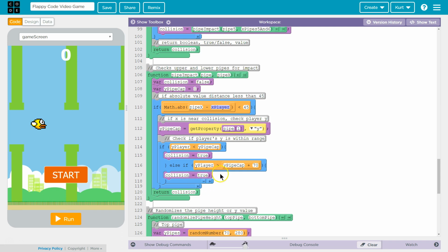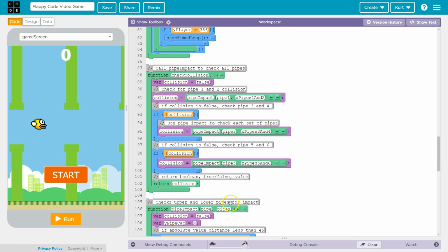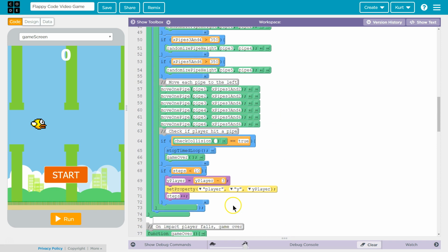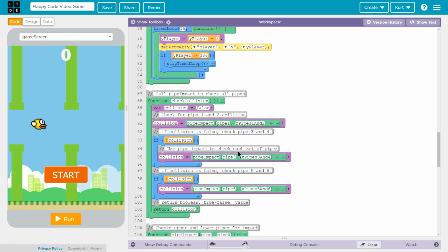And then collision will be equal to true. Then we're going to return collision. When we return collision, up here, if check collision is equal to true, right? So if we hit something, it returns true. If it's equal to true, then